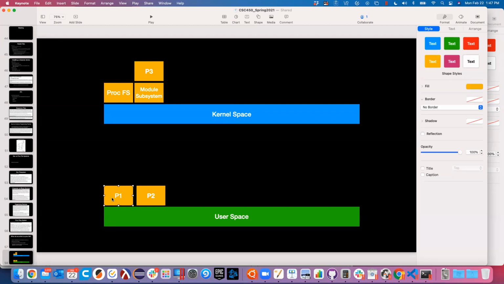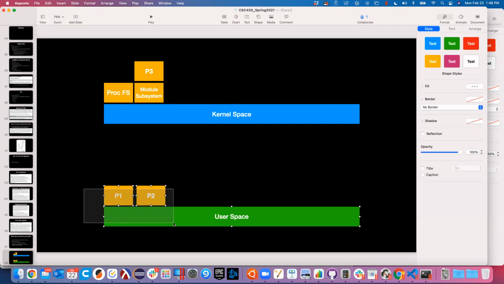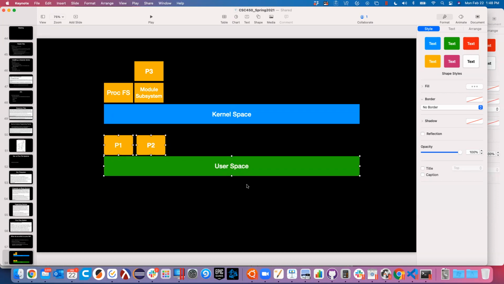Okay, but processes P1 and P2 might want to talk to each other. So how does P1 send a message to P2? Well, if you hard coded some values, you might be able to, but actually modernly we have a couple different ways we can do this. We can actually leave the operating system. So one thing we could do